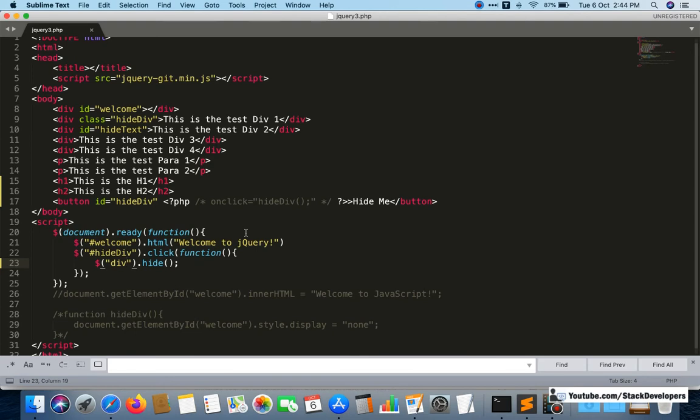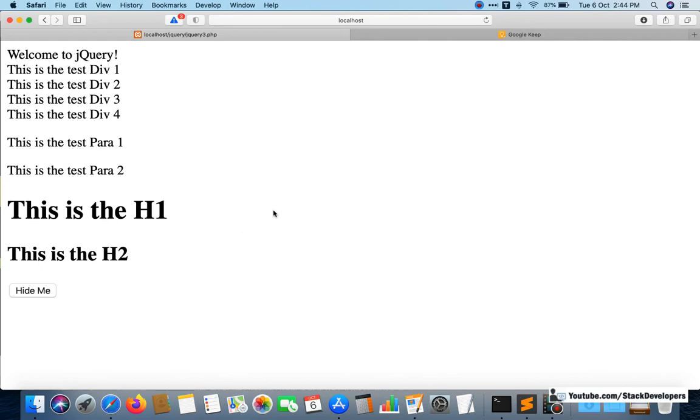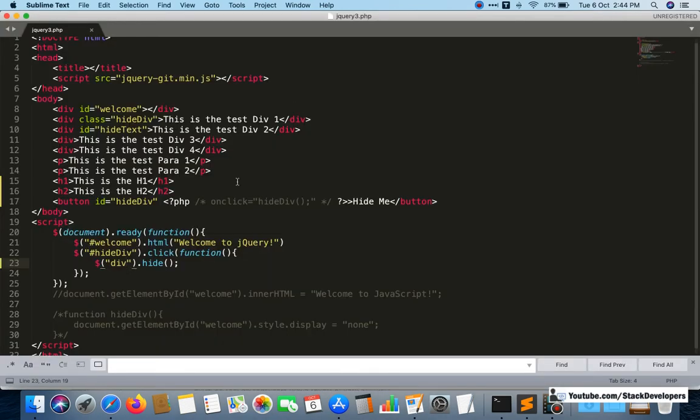But if you only want to hide the first div and not any other div, at that time you will use div along with first. It means that you want to apply the action on the first div only.